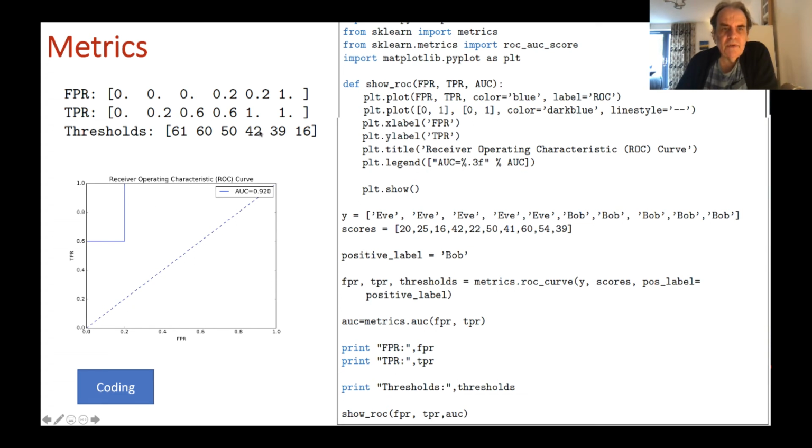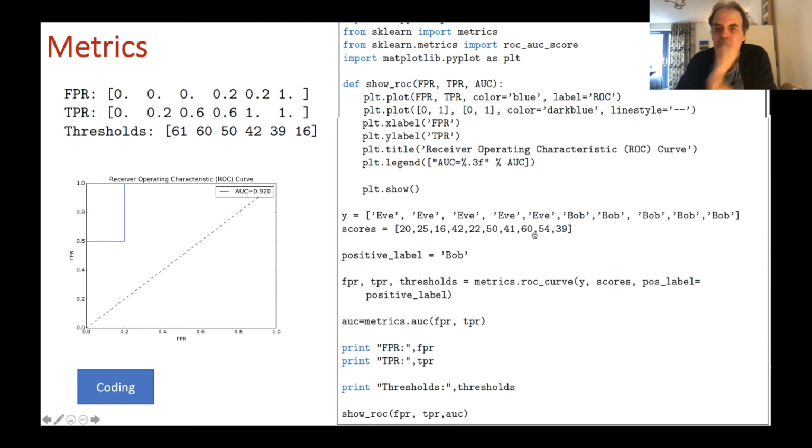Now, if we use a threshold of 42, a threshold of 42 means that Eve now has 1 here, 1 and 5, 1, 2, 3, 4, 5. There is a 1 and 5 false positive, because Eve will be identified as Bob here. If we look over here, then we'll have 1, 2, 3.